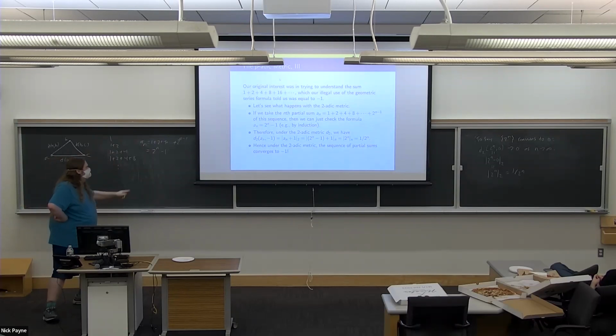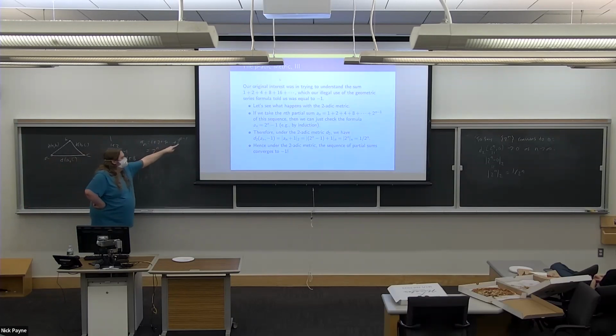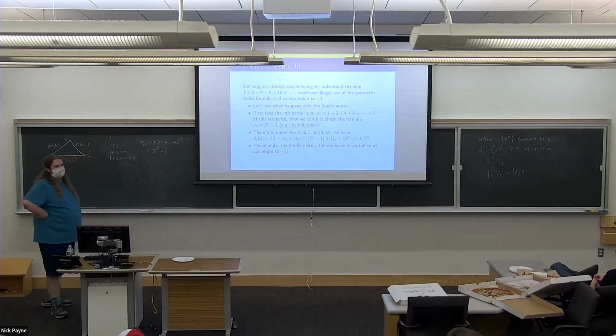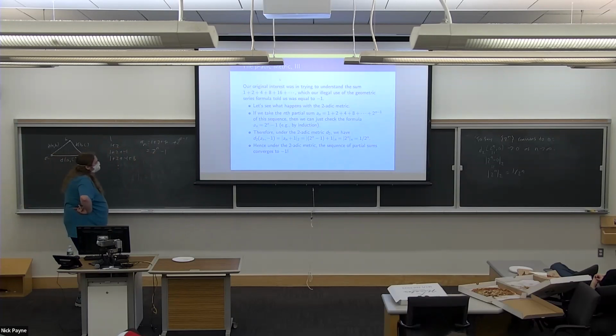And if you've never seen this before, it's just an application of the finite geometric series formula. So if you just take this sum, double it, and subtract the original from the doubled one, you get 2 to the n minus 1. Of course, 2s minus s is just s. So there you go. Or you can prove it by induction. Also a relaxing exercise, like every formula that you write down and prove by induction.